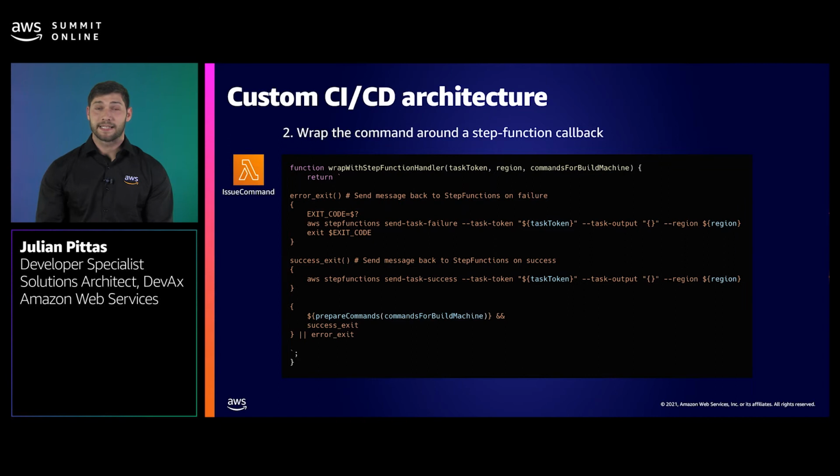Inside the Lambda function, we need to take the parameters passed in from step functions and the script that we want to run. We then wrap the build script in another bash script wrapper. This bash code makes sure that we can communicate back to step functions. So if all our commands that we ran were successful, it takes the task token and it calls the step function API with success. If not, then it will call step function workflow with a failure. Now, it's important to note that here I use bash, but you can use any programming language that you're comfortable with. The reason that I chose bash is because I knew that it would run on any Unix system without any extra prerequisites. So let's jump back into the workflow.